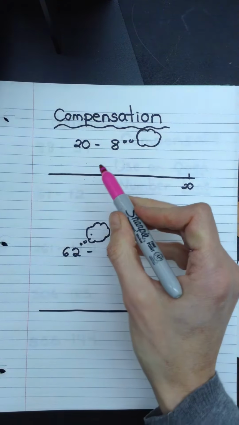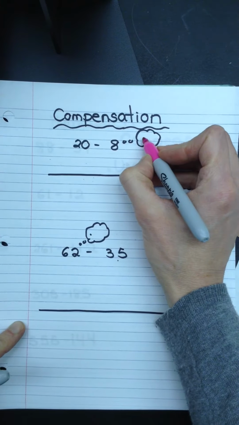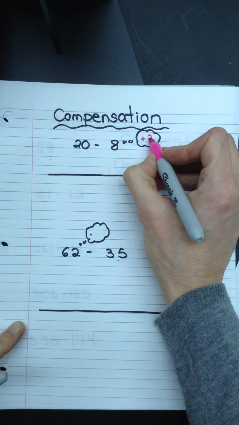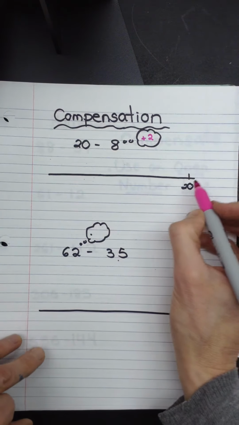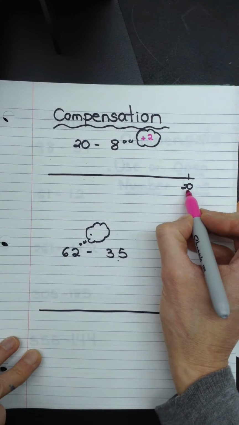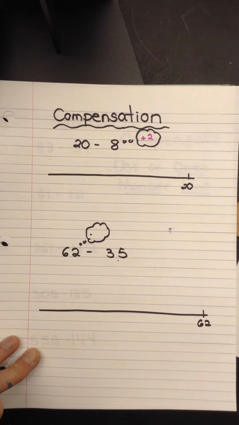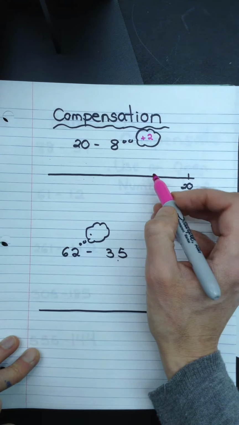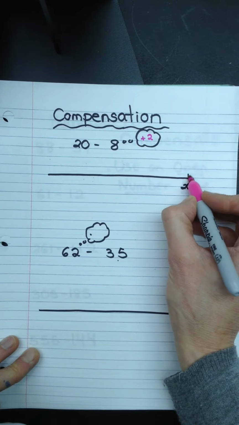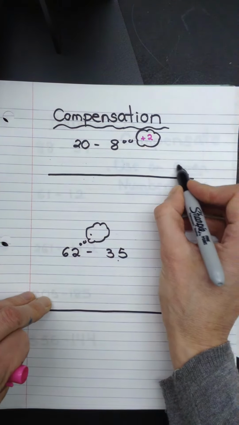So I look at this and I say 20 minus 8. Boy, that 8 is just wishing that there was 2 more. If there was 2 more, it could take away 10. 20 minus 10, my goodness, that would be easy to do. So we start with our minuend, which is 20, and it wants us to subtract 8, but we're wishing it's a 10, right? So what we're going to do is we're going to say, okay, you know what? I'm going to subtract your 8,